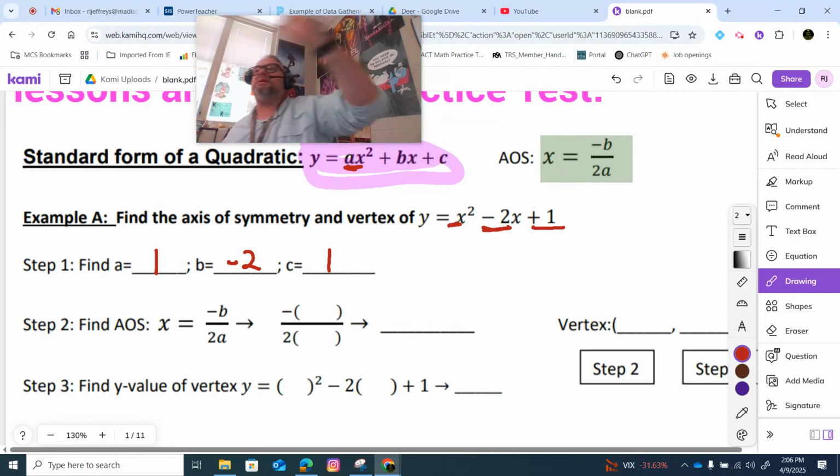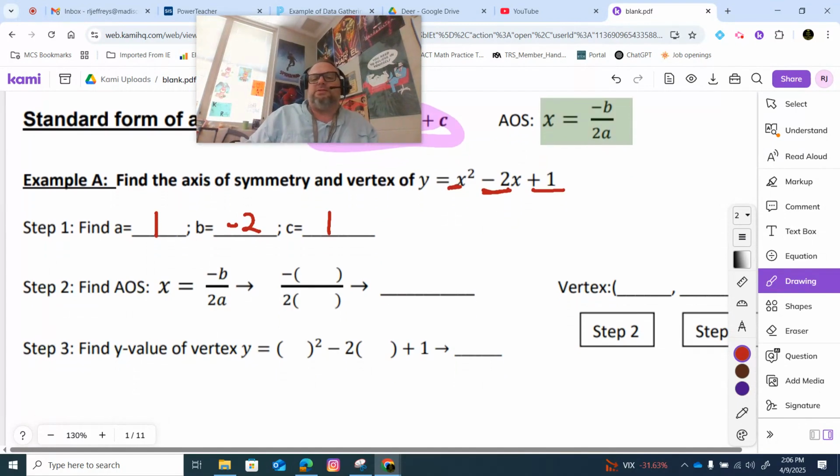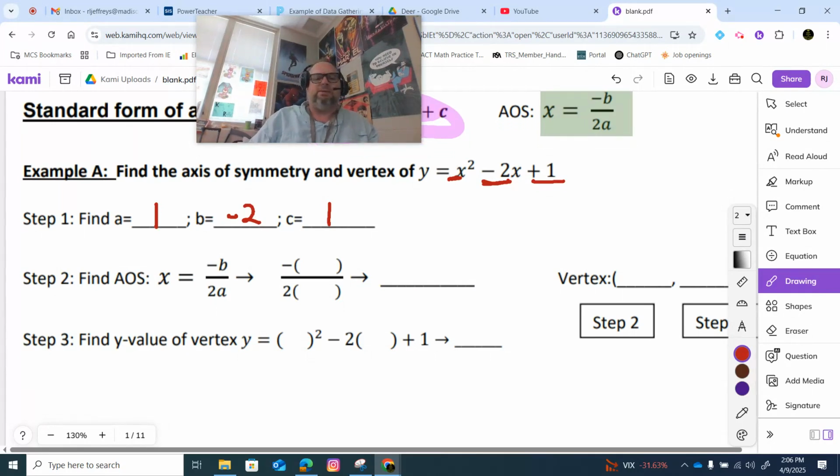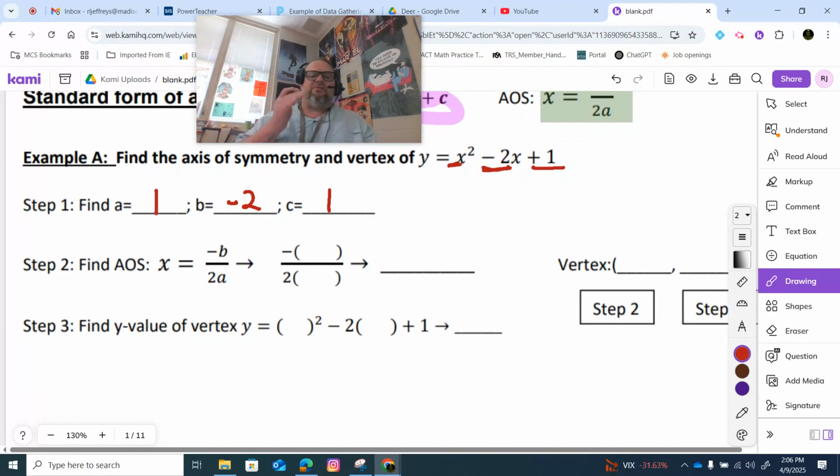You get 2 points each for doing that on the test because you can't do the rest of the problem if you don't know how to set it up. Okay? Even if you're using some type of technological thing, if you don't know how to type it in right, it's over. Okay? All right. So to find the AOS, which is the axis of symmetry, we're going to plug in